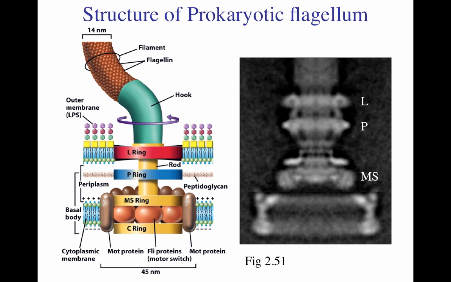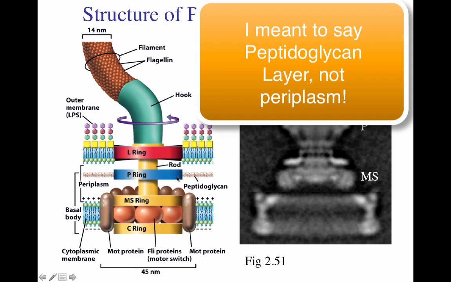So what happened was that they then decided to do molecular studies and elucidate the structure of the prokaryotic flagellum. The prokaryotic flagellum is a very complex external structure in microorganisms, in bacteria and archaea, very similar. And in the case of a gram-negative microorganism like E. coli, it is composed of multiple rings. Here, the L ring goes across the outer membrane of the E. coli bacteria. The P ring is the ring that goes across the periplasm, and the MS ring is the ring